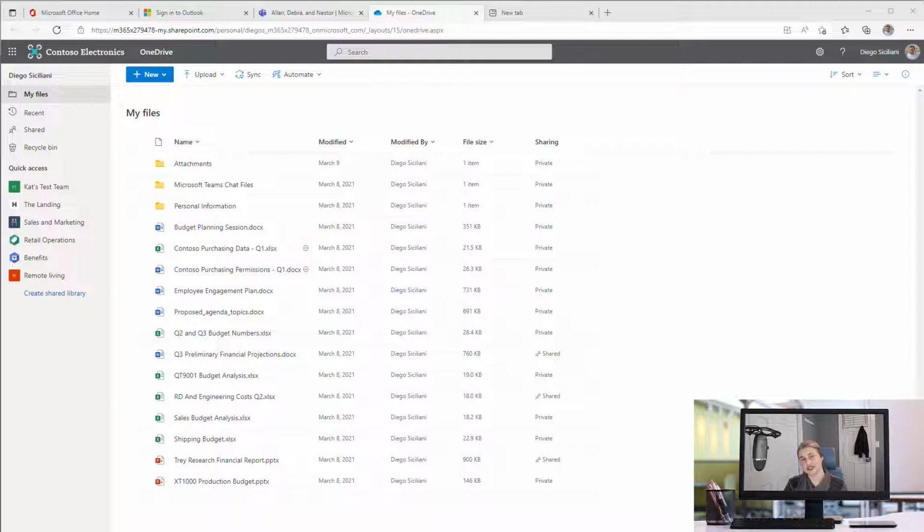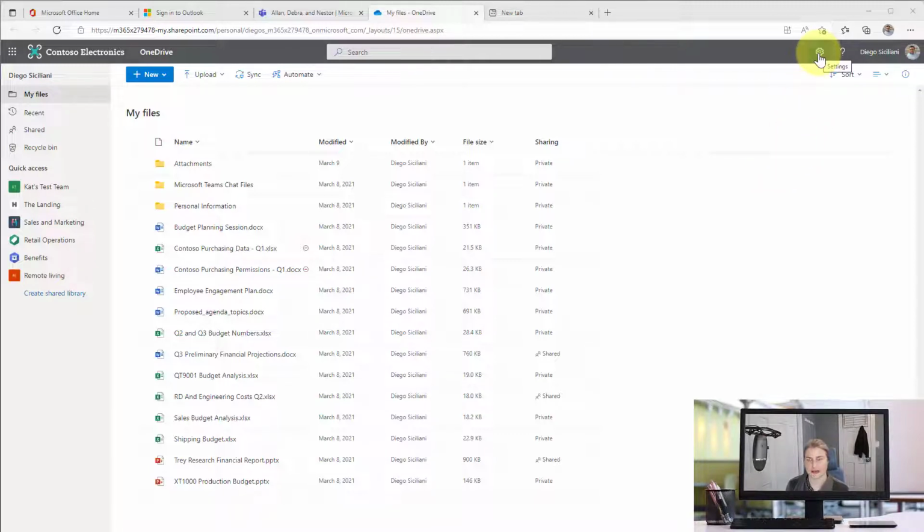We are going to just show you how to maybe clean up some of the things that you've shared over a period of time by using a sharing report. So I have shared several things in my OneDrive over time. And instead of clicking into every individual folder and seeing what I've shared and with whom, I have